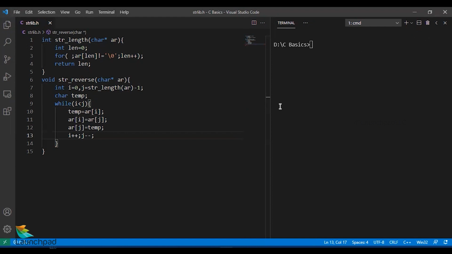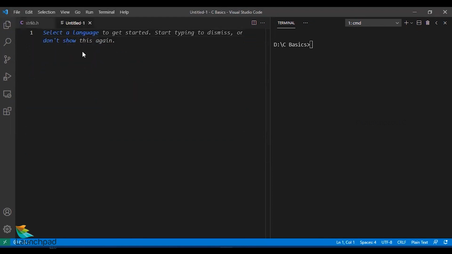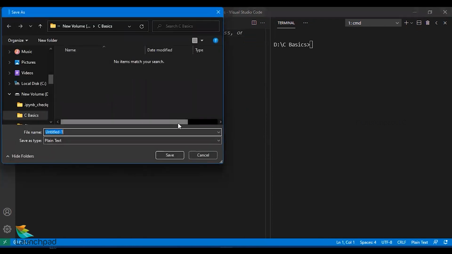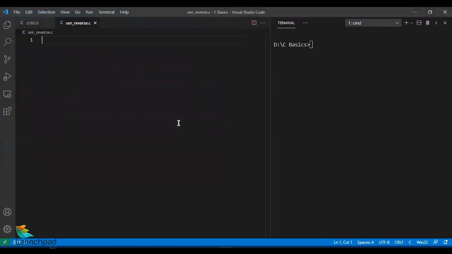Now let us try this out. Let us create our first program here. I'll save this as sent_reverse. I want to reverse the sentences, so I'm calling this sent_reverse.c. I'm including a local header file with #include, which we created right now.